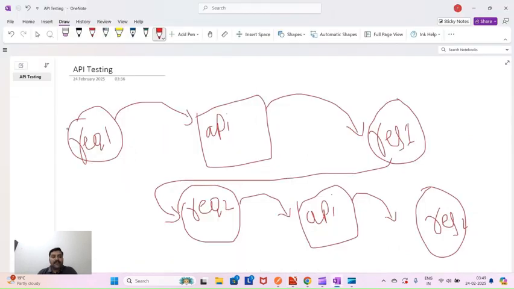Let's say there is a request one and we are sending this request to an API. When the send button is clicked and after sending, if a response is generated, this is called response 1. And from this response, if we are taking this response as the data for another request,